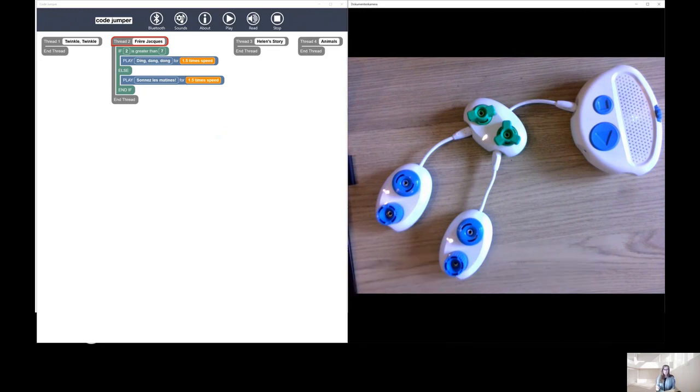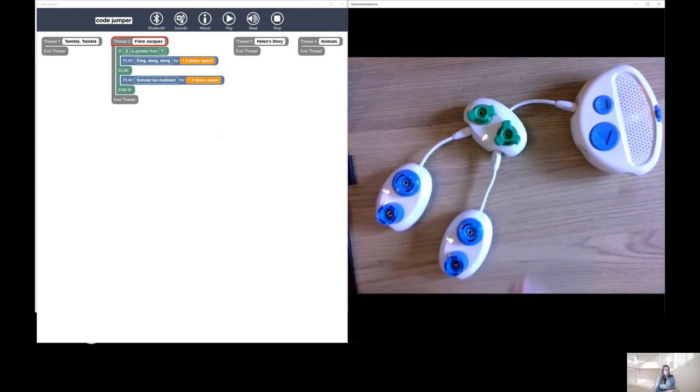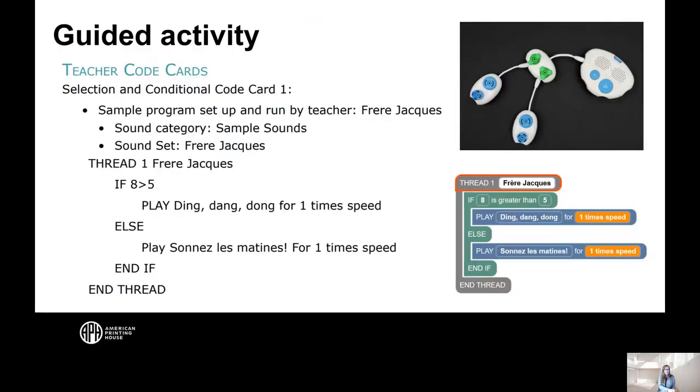So then they can go through and you can change your sound or your selection pod dials and go through a whole bunch of different scenarios to see which one would work and get their little brains thinking about what that selection looks like. Okay, great. So going back to our PowerPoint,